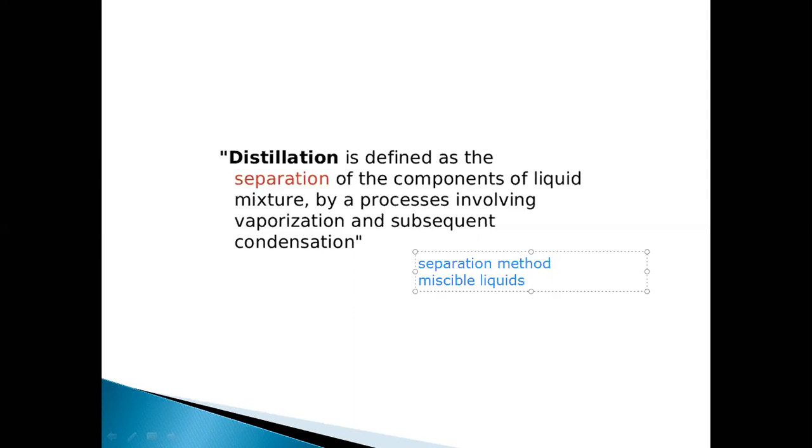which have a sufficient difference in their boiling points, because when we heat the mixture, one of the liquids starts boiling. Initially the liquid with the lower boiling point in the mixture will evaporate first, and then the second liquid starts evaporating. Let us now understand distillation in detail with the help of an experiment.